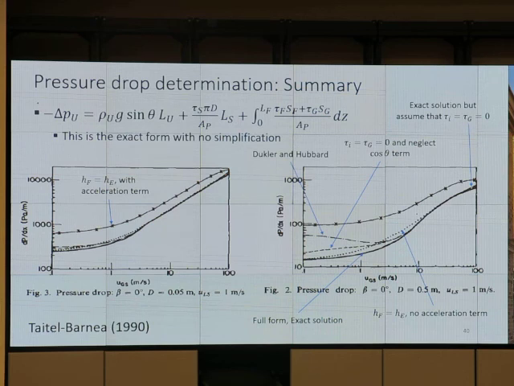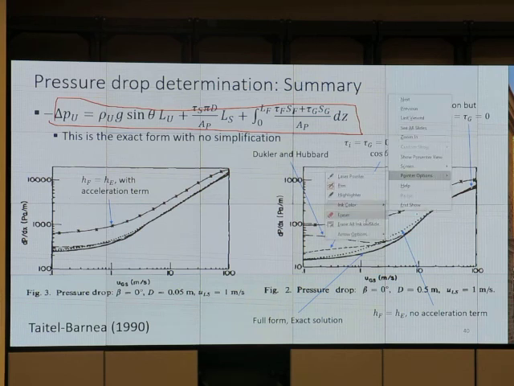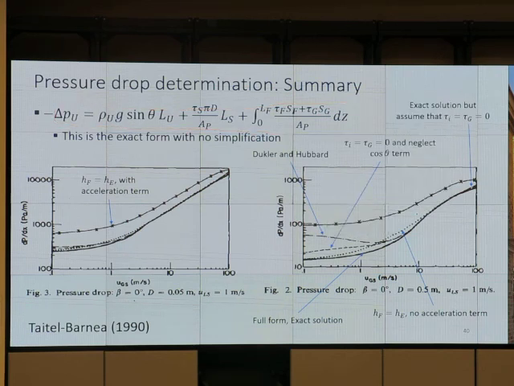Okay, we have model validation. This is the exact form. With the exact form, this means we have to do RK4 or some method to solve the film profile, do everything completely. So now let's take a look. Pressure drop, 0 degree, about 2 inch, VSL is 1 meter per second. The full form, exact solution, is the solid line. If we ever do equilibrium height,